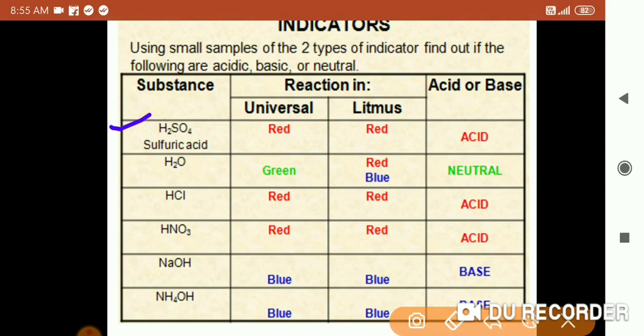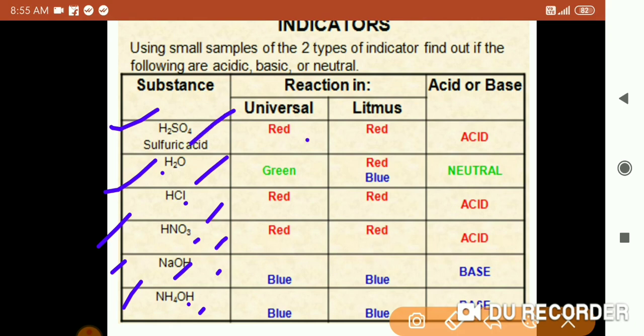Now, see, samples of different chemicals are taken, like sulfuric acid, water, hydrochloric acid, nitric acid, sodium hydroxide, and ammonium hydroxide. Among these, the first is acid, the second is neutral, then the third is acid, the fourth is acid, and the fifth and sixth are bases. Okay, so you can see here the reaction of